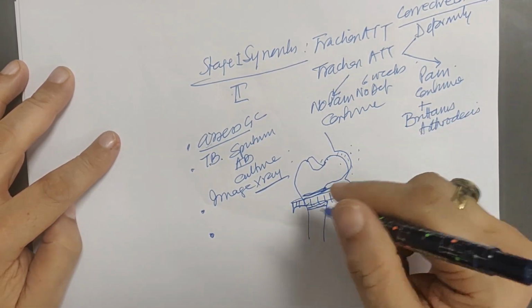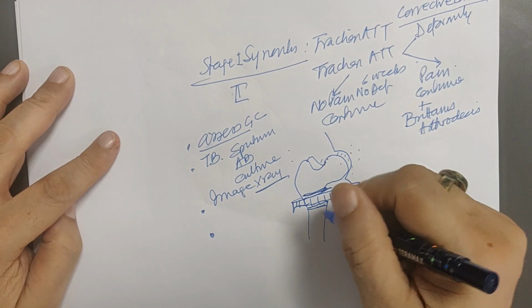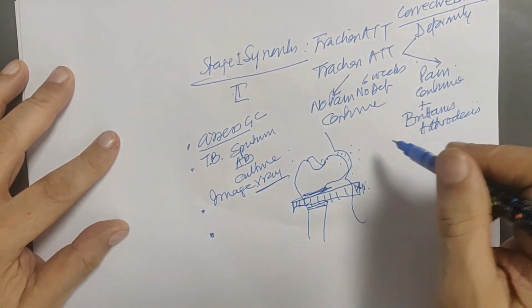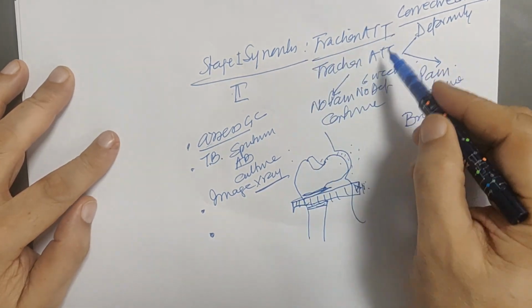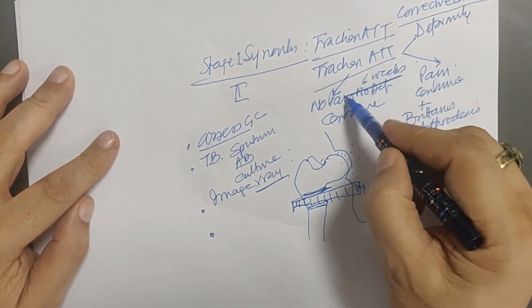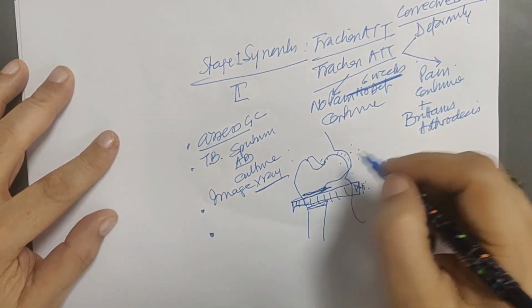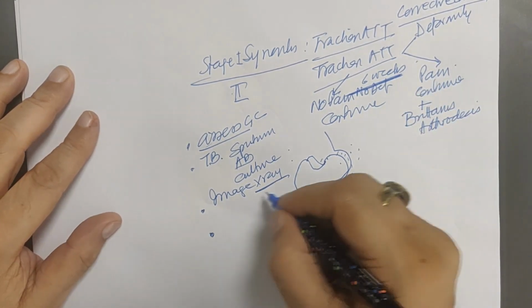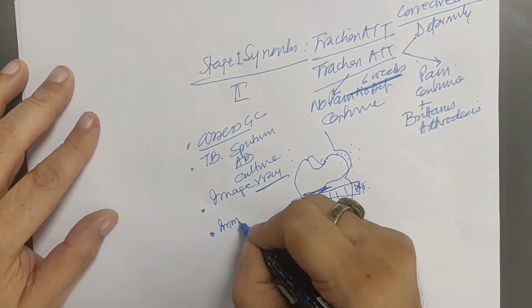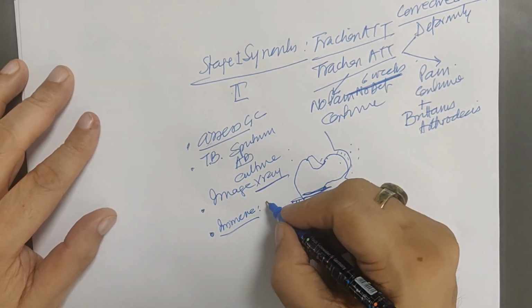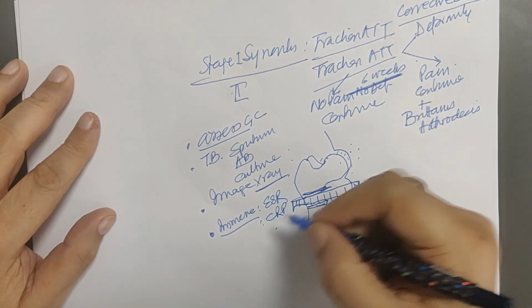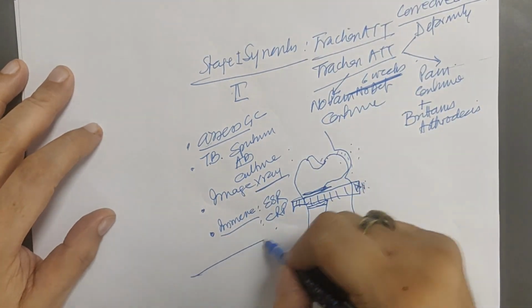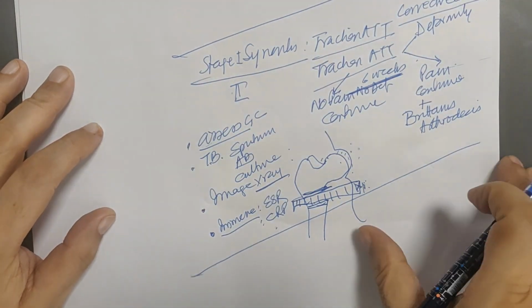Then you put the patient on traction to correct deformity and ATT. Traction and ATT. Judge the patient again at 6 weeks, and then to assess the immune status or nutrition status, you can do erythrocyte sedimentation rate, C-reactive protein, etc. So this is how you approach a case of tuberculosis of hip.